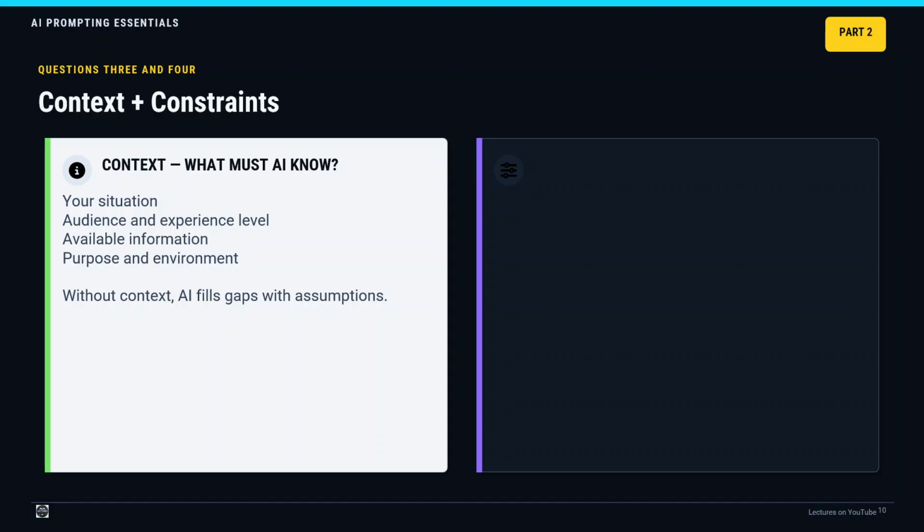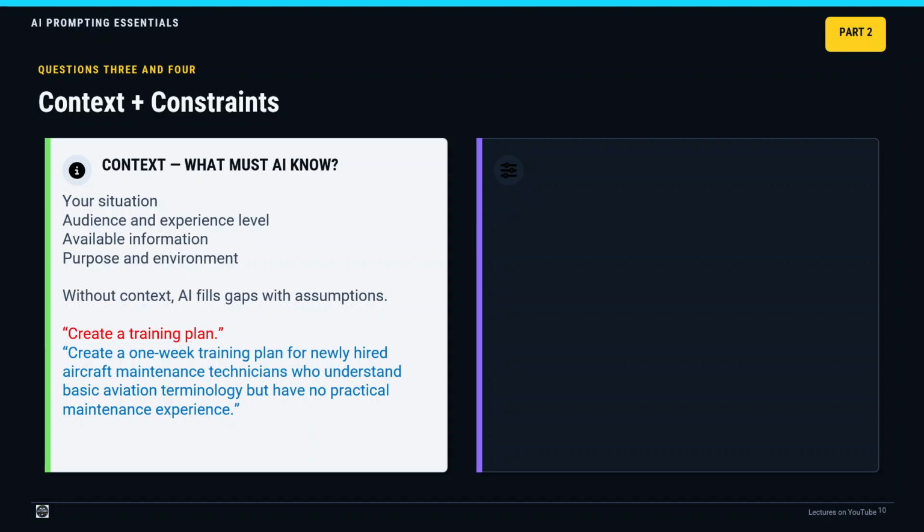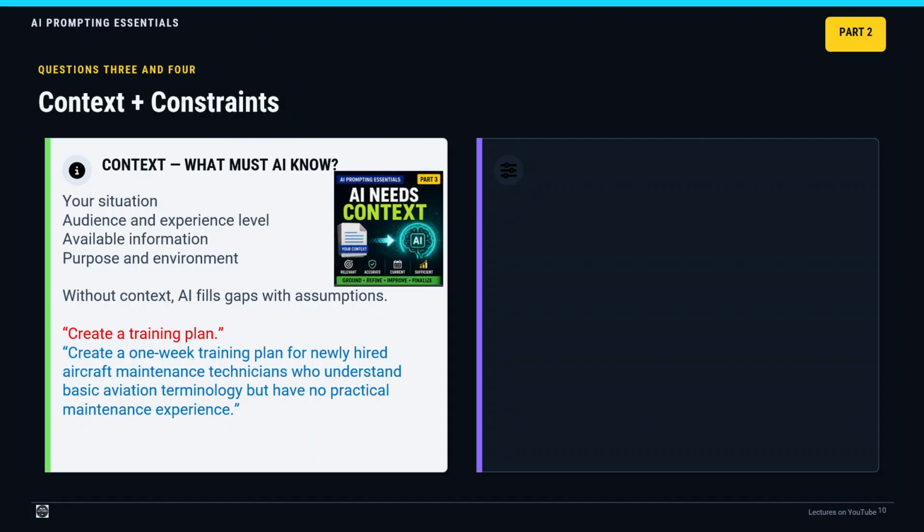For example, "create a training plan" is a valid request, but it leaves many unanswered questions. Now compare it with "create a 1-week training plan for newly hired aircraft maintenance technicians who understand basic aviation terminology but have no practical maintenance experience." The second request identifies the trainees, their existing knowledge, their experience level, and the duration of the plan. The response should therefore be more relevant and practical. We will examine context in greater detail in Part 3 because it is one of the strongest drivers of AI